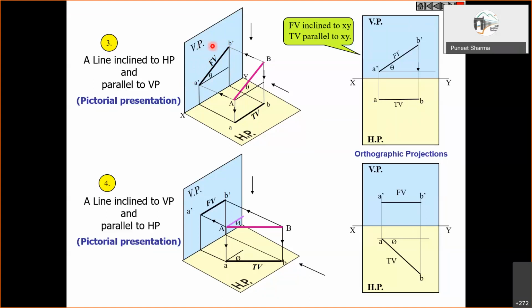So that means true length will not be available anymore if we change this from this position. Because this capital AB will not remain parallel to the vertical plane, and therefore this length actually will not remain the same. It will get reduced. This B dash starts moving like this. If I start moving B somewhere up this side, B dash will move like this.